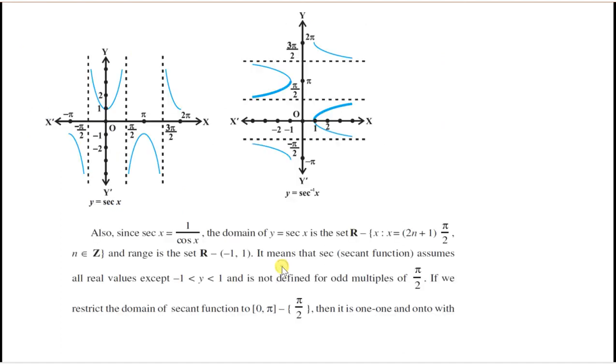Then we have the sec inverse function. The domain of the sec function is R minus odd multiples of pi by 2, and the range is the set R minus the open interval (-1, 1). Now if we restrict its domain to 0 to pi,